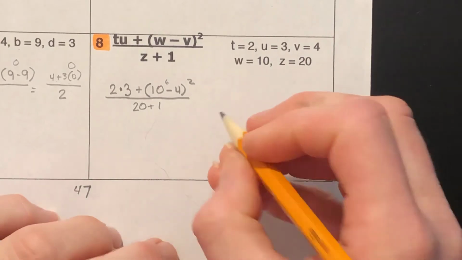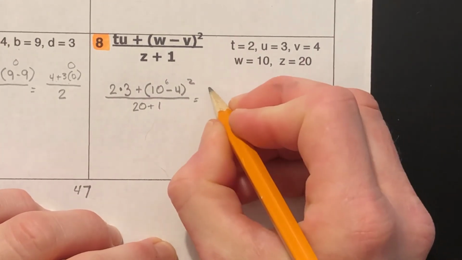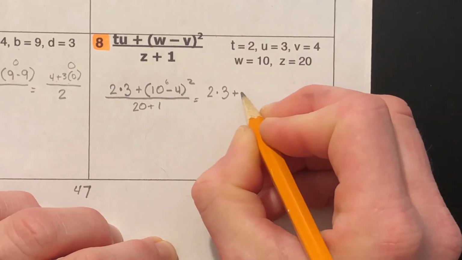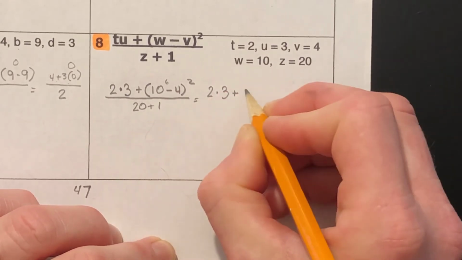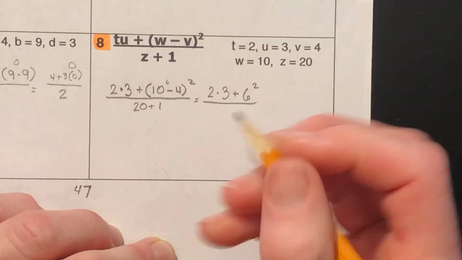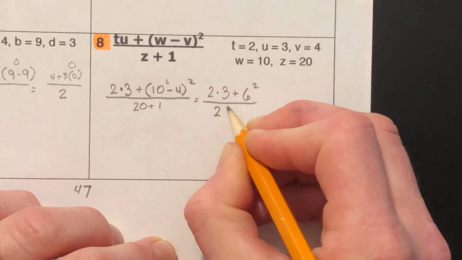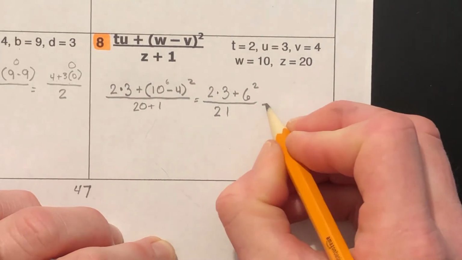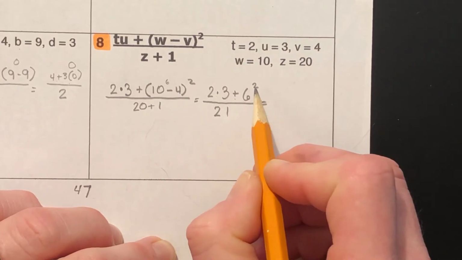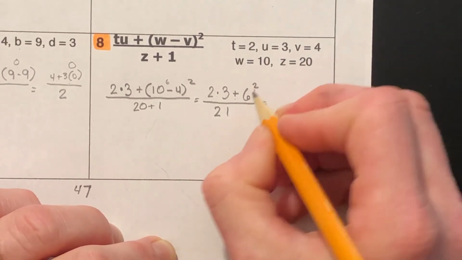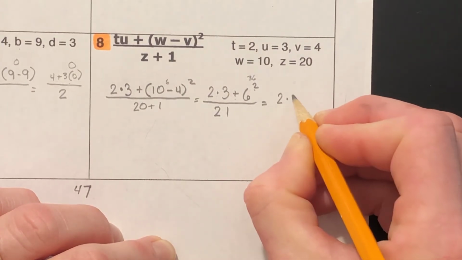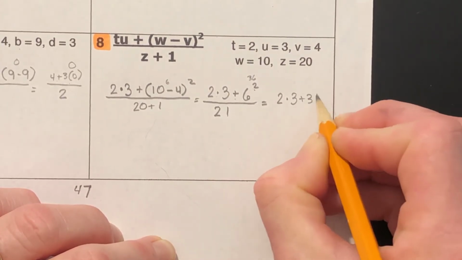Two times 3 plus, let's see, I don't need parentheses anymore, 6 squared. And since this is its own separate grouping, I'll go ahead and add it out. It won't hurt anything. Okay, so now I've got 3 different operations. Times, plus, exponent. I do exponent first. 6 squared is 36. I have 2 times 3 plus 36